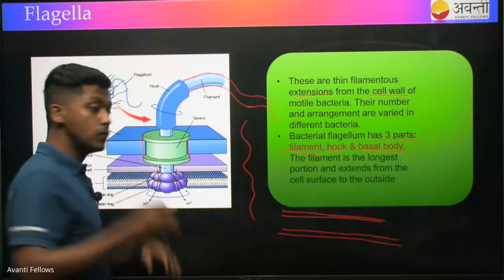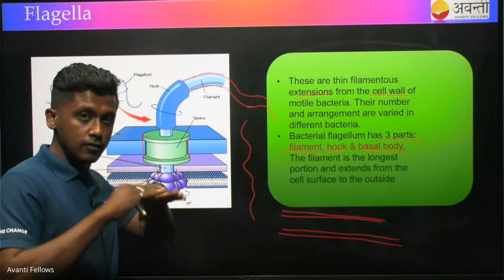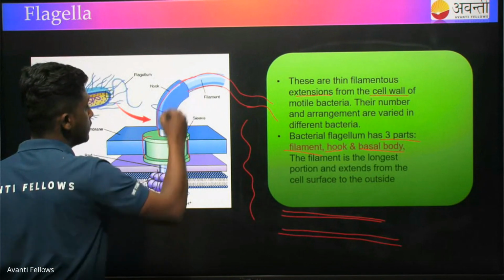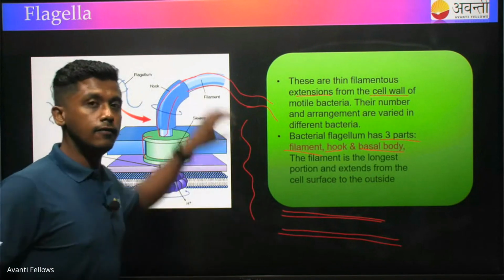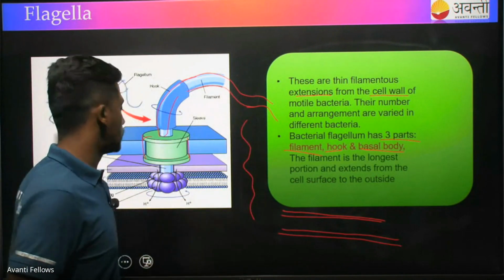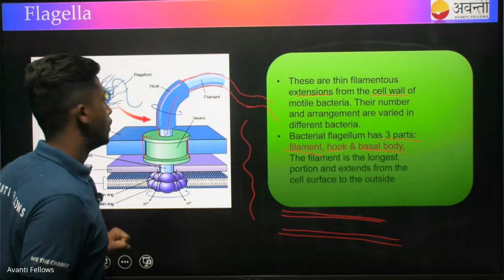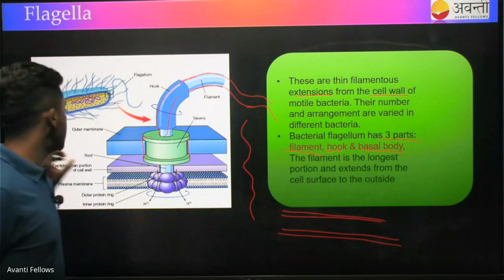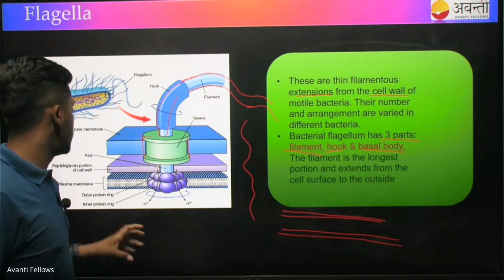So, see, this is within the surface of the cell. It does not come out. So, it just projects and gives an anchorage for the filament to attach to. So that is called a hook. Now, coming to the basal body, the basal body is a very, very important part of the